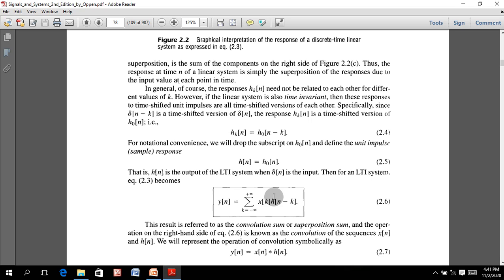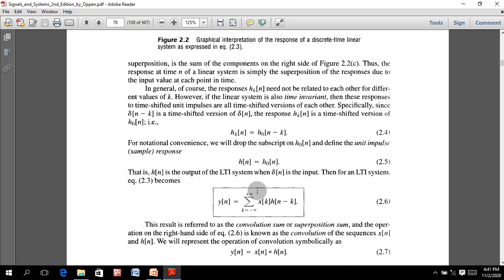So the input that has been fed to the digital system and the output that has been extracted for that impulse signal, or the impulse response,